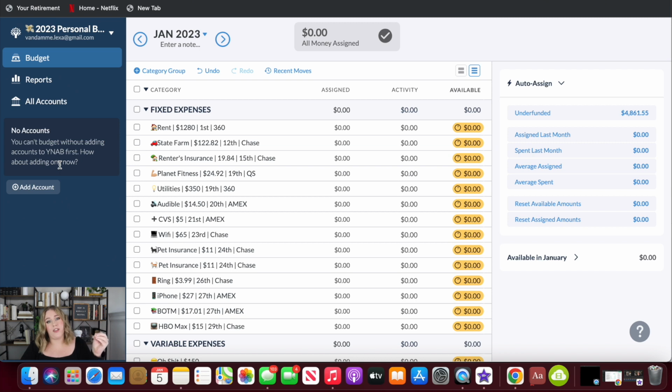The final big part of the equation is that we need to tell YNAB how much money that we have. This is based off of a zero-based budget. Traditional budgets would say, okay, I need to be preparing for February. How much money do I think that I'm going to make, and what do I want to do with that money in theory? A zero-based budget says, hey, we don't technically know what February is going to look like. If you have a variable income, you might not know exactly how much money you're going to make. You don't know yet if you've had unexpected expenses come up. So instead,